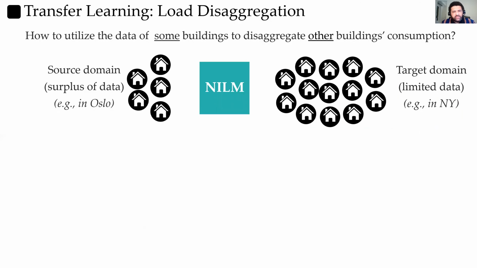But the interesting practical question we addressed further is the case where the NILM system provider has trained models on some buildings and wants to use them to disaggregate other buildings. This is practical because collecting appliance level training data is expensive and cannot be available for every building. Think about a company that trains models on buildings in Oslo and wants to deploy in New York City. Our question then is to what extent Oslo models can be used in New York City.